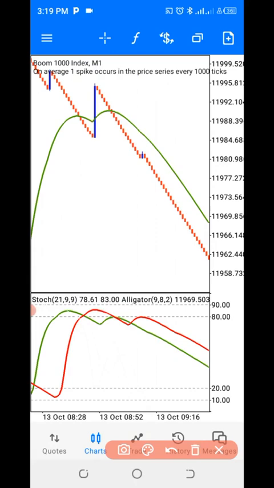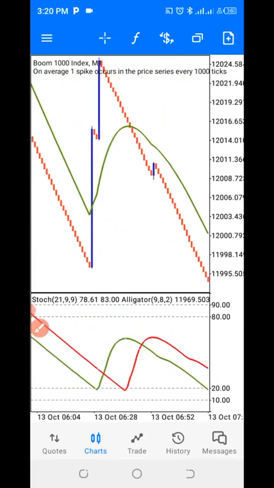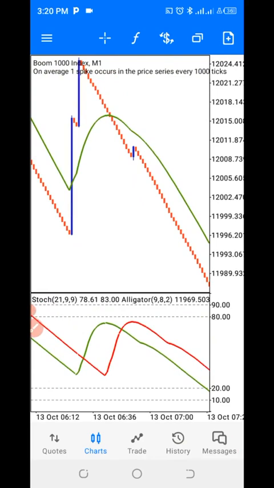The pro tip I'm going to be giving is that whatever strategy you are using, you must be able to read market structure from it. Market structure is fundamental in this business. Once you are able to read market structure in the right perspective, obviously your trading profitability would increase drastically. It's going to increase rapidly.